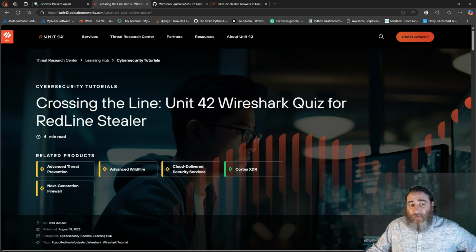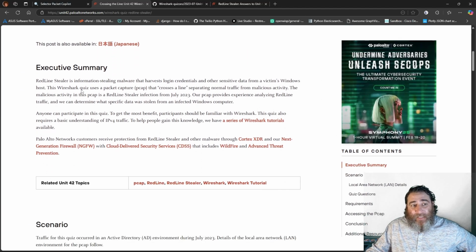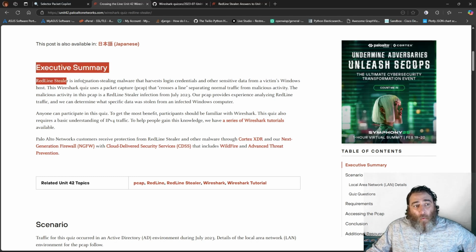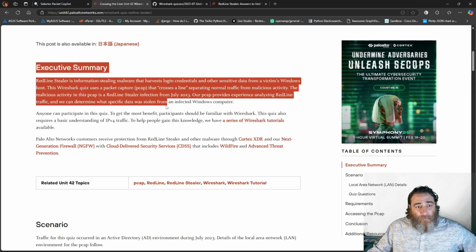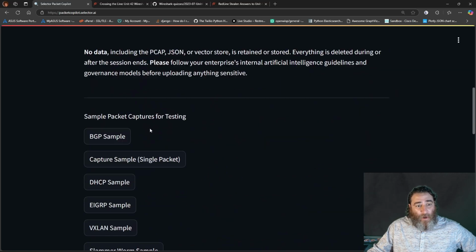Crossing the Line, Unit 42's Wireshark Quiz for the Redline Stealer. All right, now there's an executive summary explaining that this is malware that harvests login credentials and other sensitive data from Windows hosts, and the packet capture that crosses the line separating normal traffic from malicious activity. We're going to take this executive summary here and copy it, and we're going to go into our